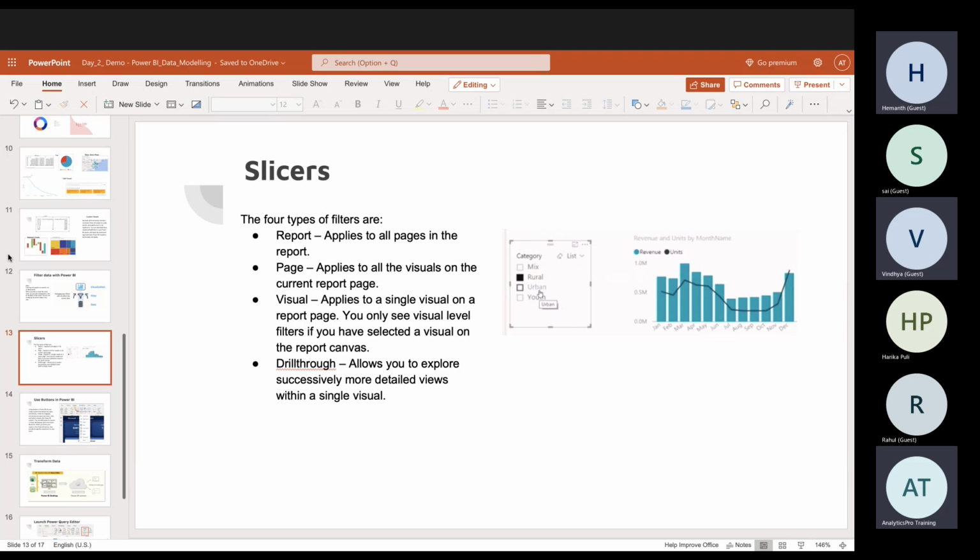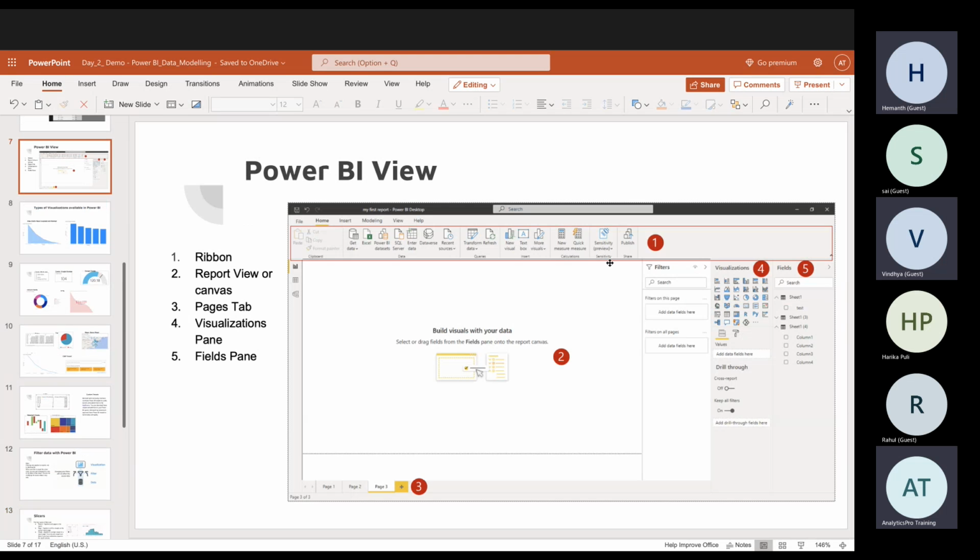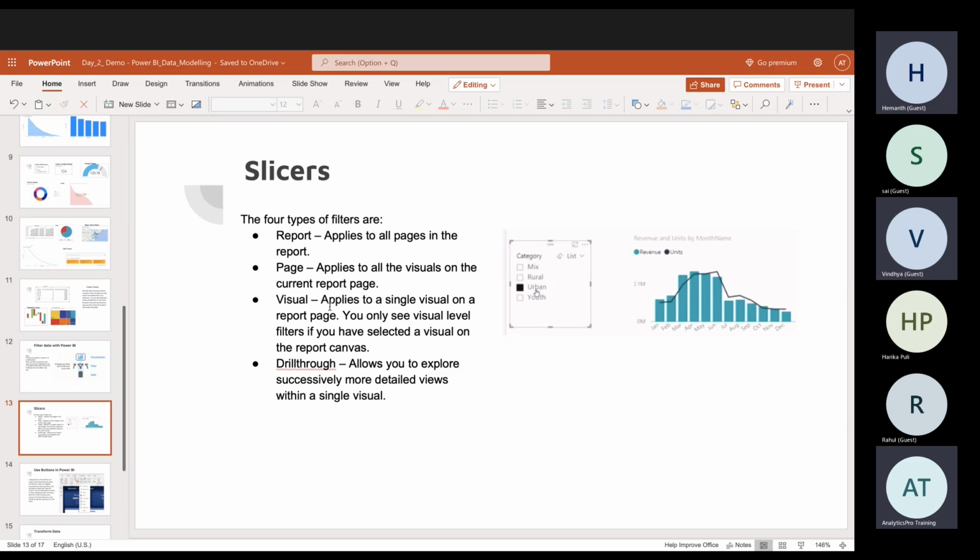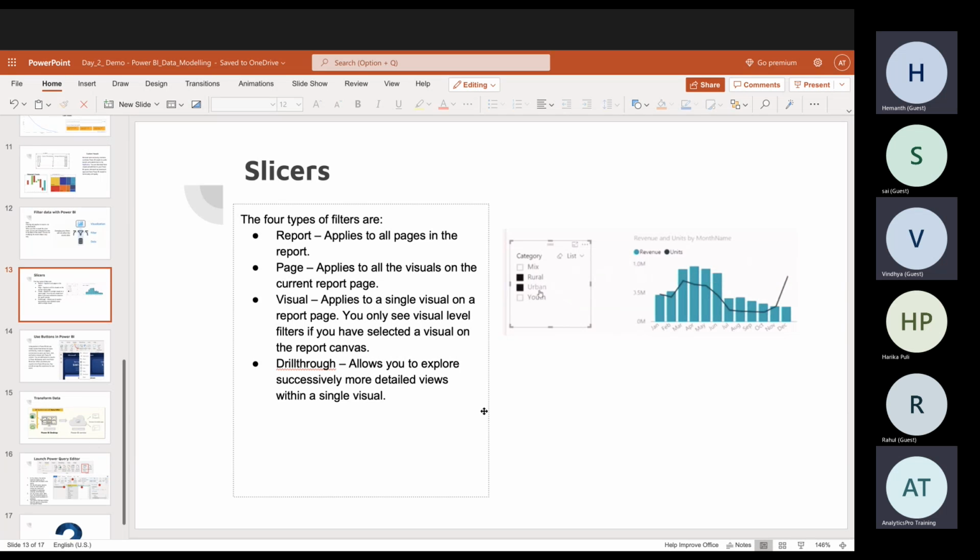When I say page level filter, you will make the change here only for this particular page, which is your page 3, in which you are as of now. So for page 3, I want to apply the column 1 filter only. So it will work. When I say visual level filters, this is where you have to use the slicers to have the visual level filters too. Within the drill throughs, yes, still you can go back and change what has to be seen and what's not, which is not available here. But when we are working on the visualization, you'll be able to see it in a very particular way.